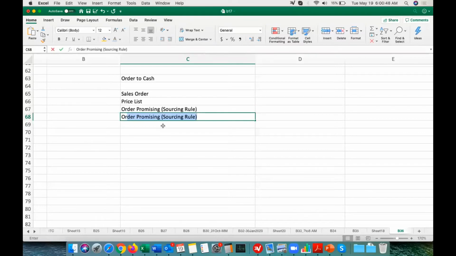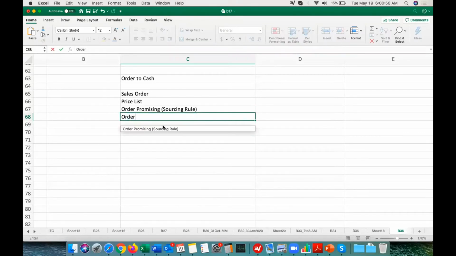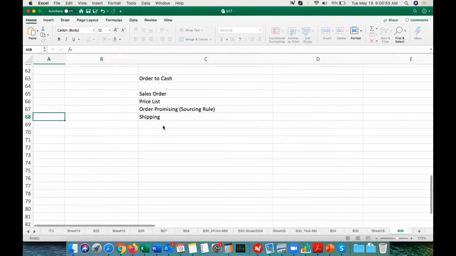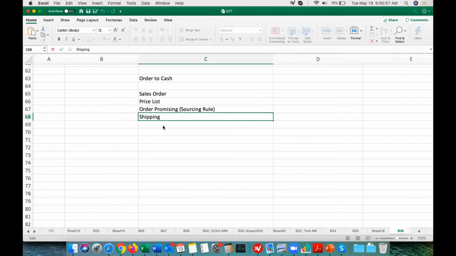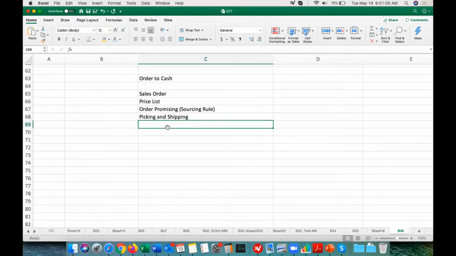Finally, what we will do is the shipping to the customer. We will perform the picking and shipping. Once we ship it, finally we will invoice. Here the invoice is called the account receivable invoice.